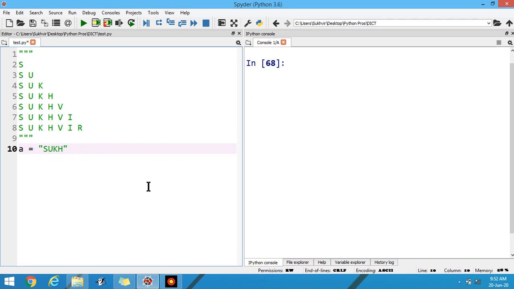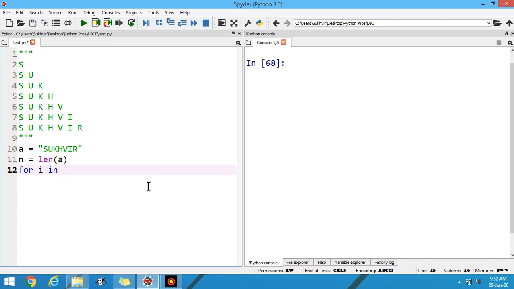We have to declare one string with any name, then the length of the string, so that we can control the for loop.